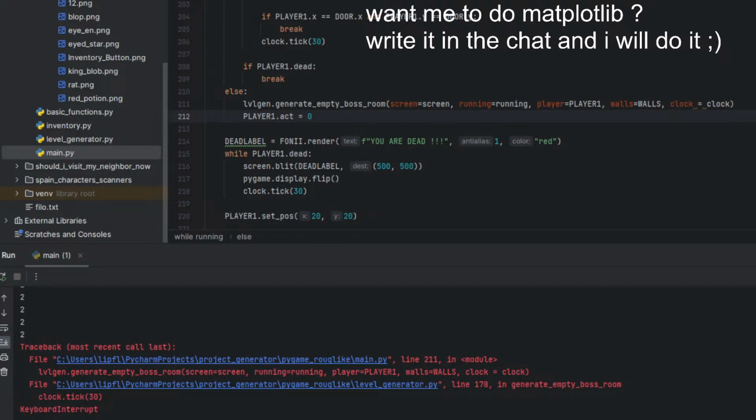I have to admit I'm feeling kind of sleepy, but that shouldn't keep me from coding. So what I need to fix exactly is that it still repeats after finishing the boss. At the moment that doesn't happen. And I guess I have to go into the level generator function here.